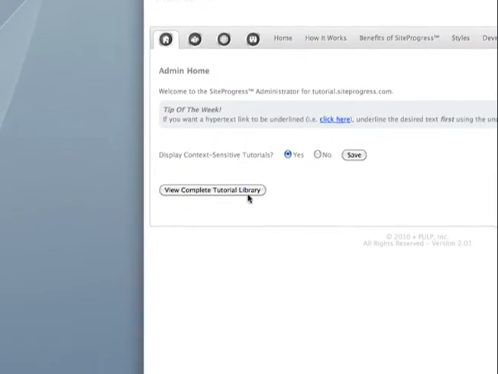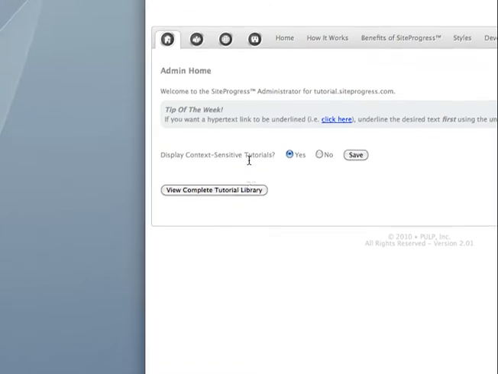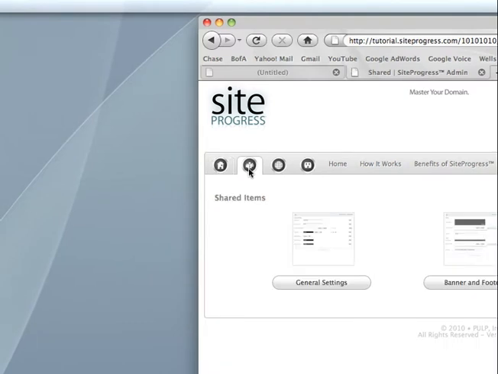And down below here we've got a button that will take you out to our new YouTube library, which will contain all of these context-sensitive videos as well as other videos that we produce that won't be in the actual admin navigation. So let's move on to the next section here, which is shared items,